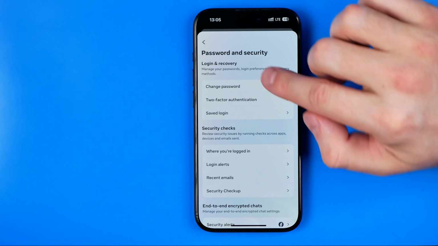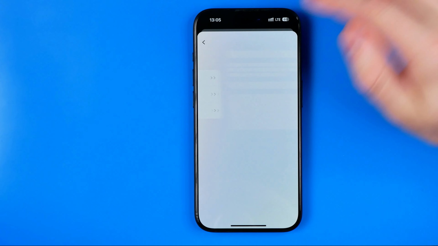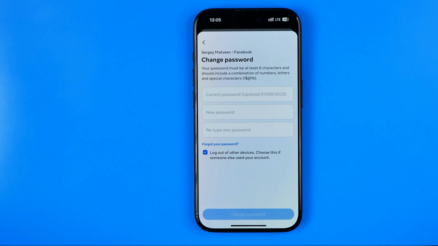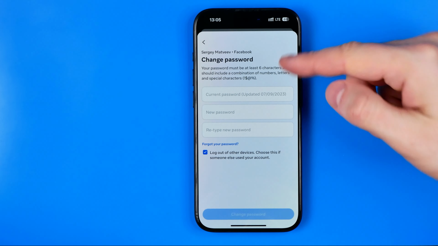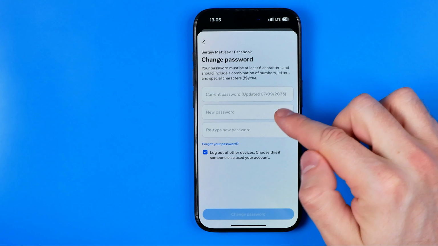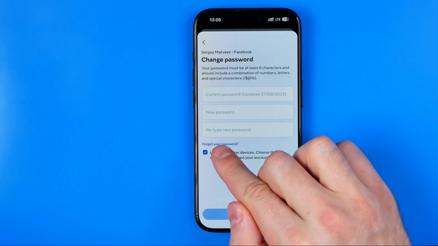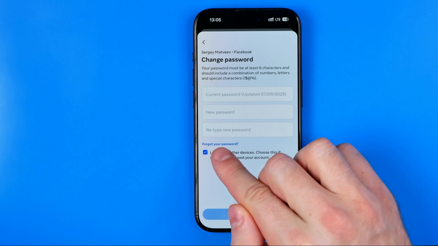On the next step, tap at change password. Select your Facebook account. That's where we can change our password. Here we need to enter the old one, and then in these two fields we need to enter the new one and then re-enter it. However, if you forgot your old password, you can tap right here where it says forgot your password,